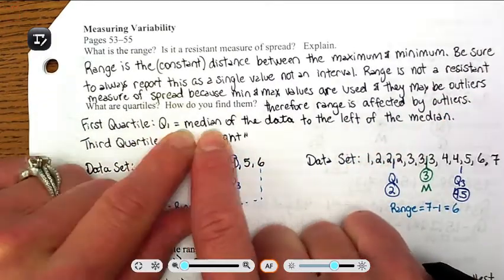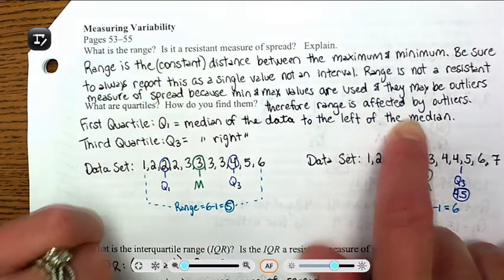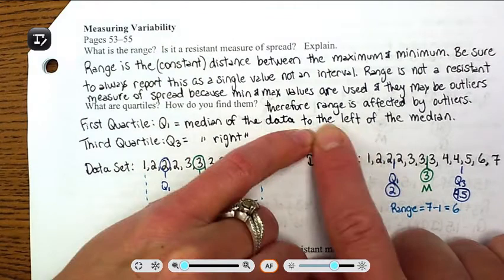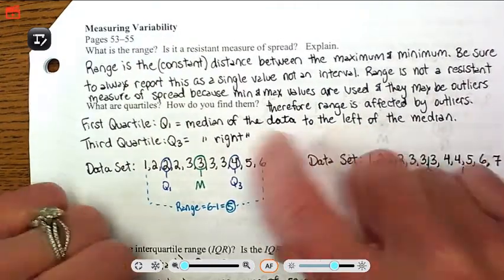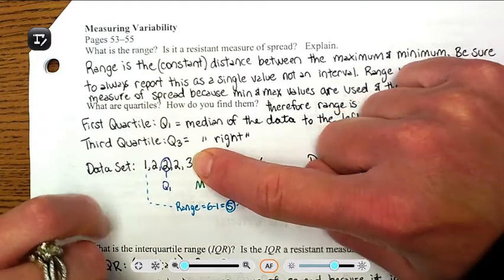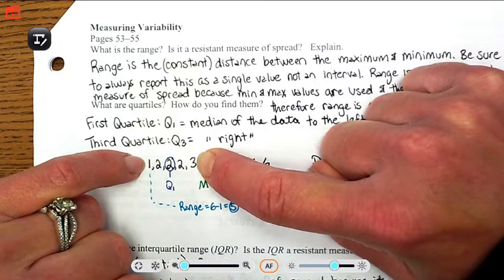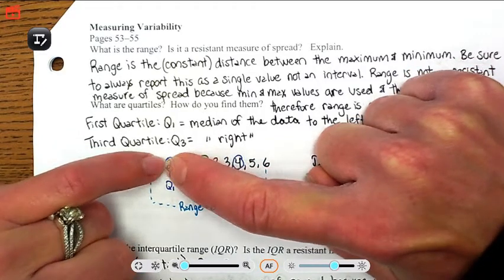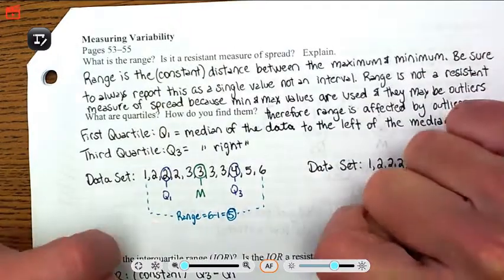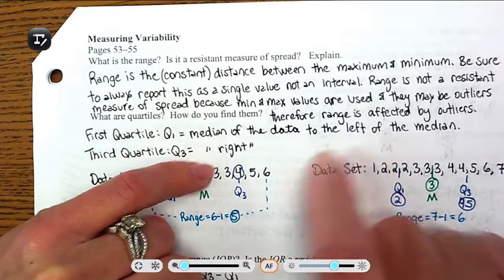And the first quartile is the median of the data to the left of the median. Now notice that it does not include the median itself. It's the median of the data to the left, so we want to get rid of the median and just look at the data to the left of it. Now find the median of that data, 1 and 3, 2 and 2. There's your Q1. Okay? Then the Q3 is the median of the data to the right of the median, so